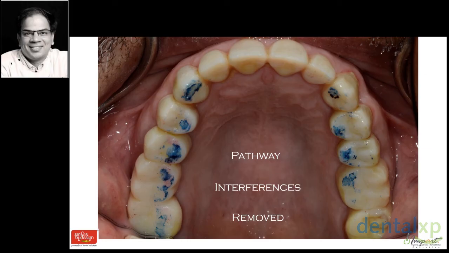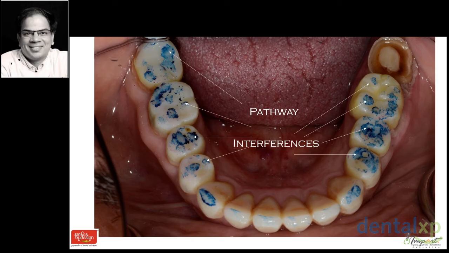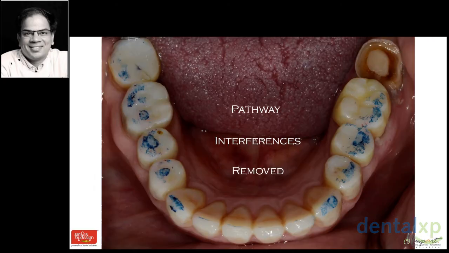That's the patient's lower jaw, and these are the marks. So the buccal slopes of the lingual cusp of the lower teeth are the ones with the chewing interferences, and I'm going to fine tune these marks and take the marks away. And these are the marks that are left behind, and those are the ones that will be left and not removed, because these are the centric contacts on the buccal cusp of the lower teeth. If you go on taking these points away, you will go on reducing the vertical dimension of occlusion.